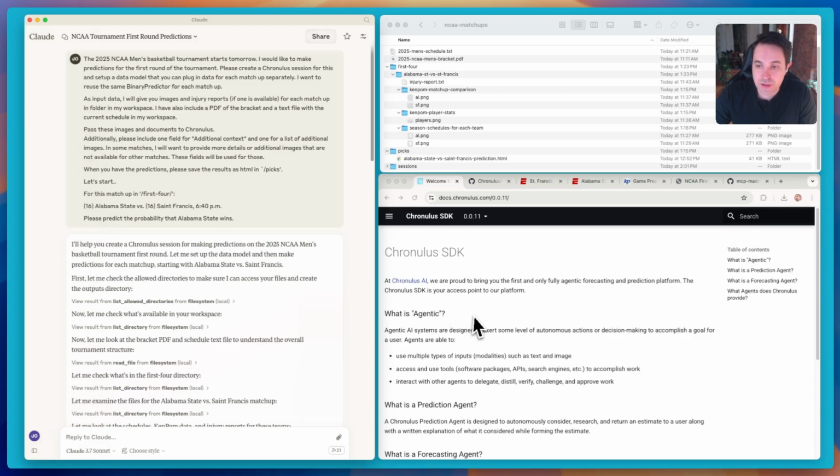I have a new release to talk about today, version 11. In this release, I've introduced the ability to attach up to 35 megabytes of different files to your inputs. So you can now attach text files, images, or PDF files. And as long as the encoded version of those files is under 35 megabytes per request, you can now include that as the input for your forecast.